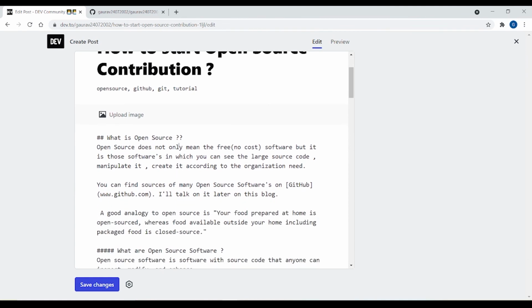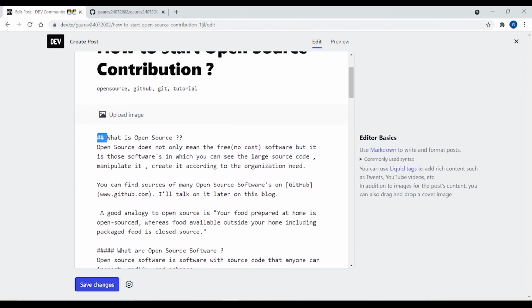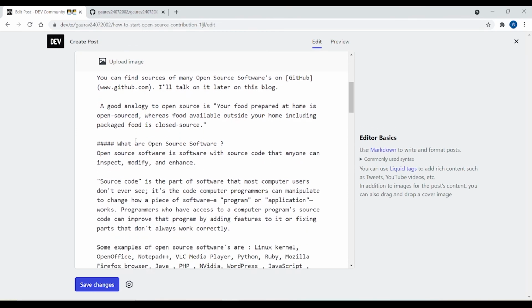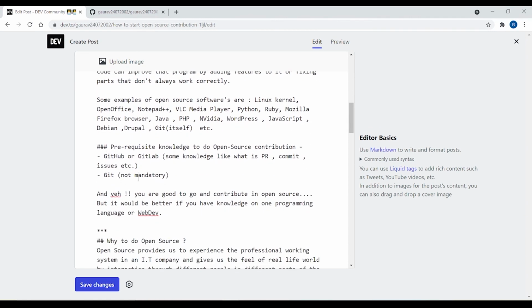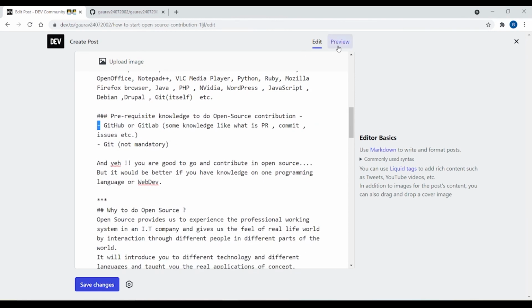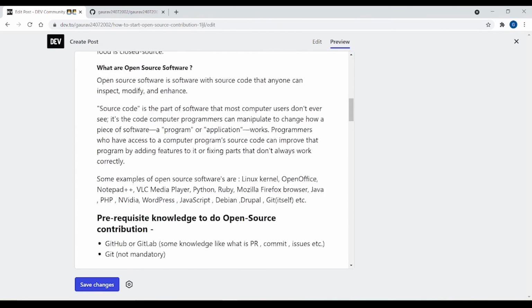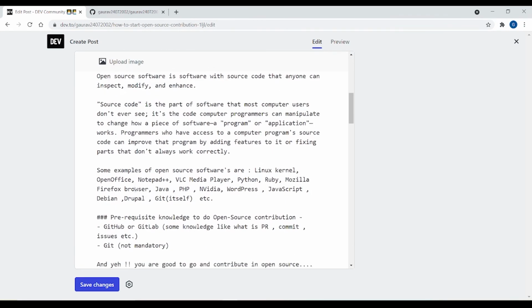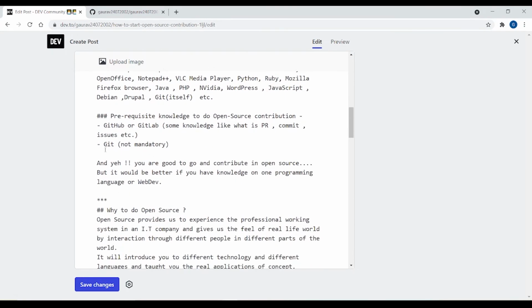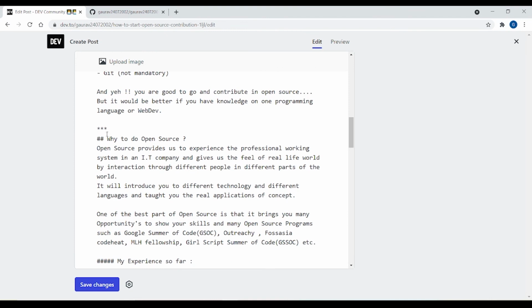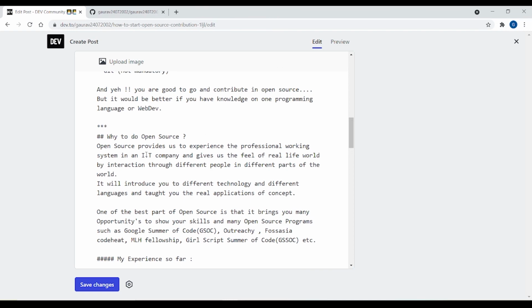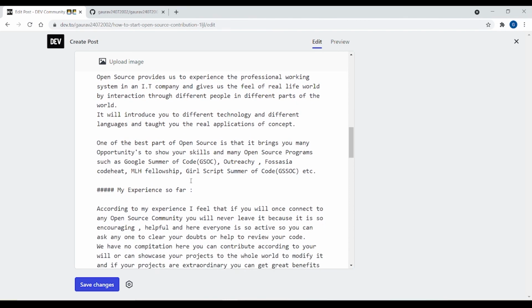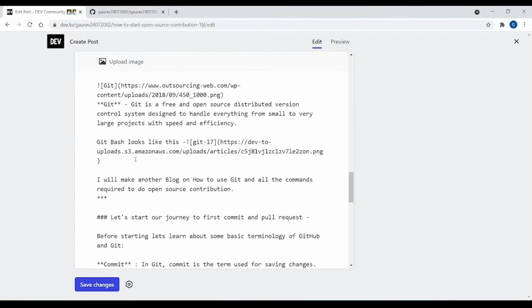So basically, you can see that I have used the second heading, and you can see some of the syntax right down. Yeah, these are the points. So let me show you the preview on GitHub. Yeah, so these are the points you can see here, or you can say the unordered list. This is usually used to give a horizontal line, as I have taught you previously. So this is how we write a blog.